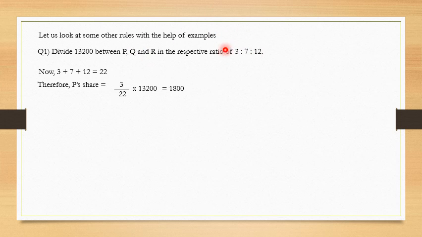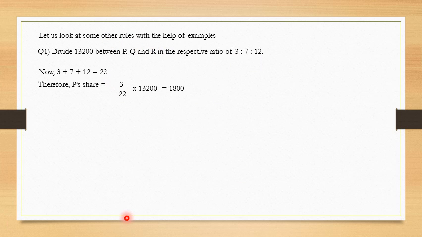share is 12. Had there been no respective, मुझे ये पता नहीं चलता कि इसमें से P का रेशियो कौन सा है, Q का रेशियो कौन सा है, R का रेशियो कौन सा है, क्योंकि यहाँ पे respective word दिया हुआ है. So I know this is given in the same sequence as the people.